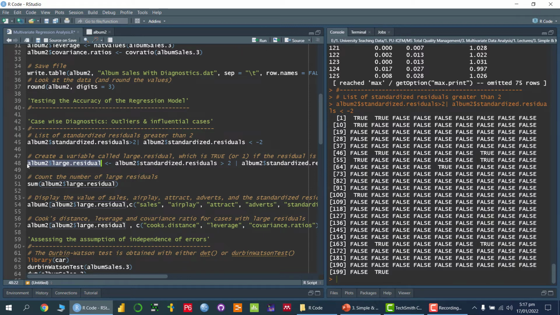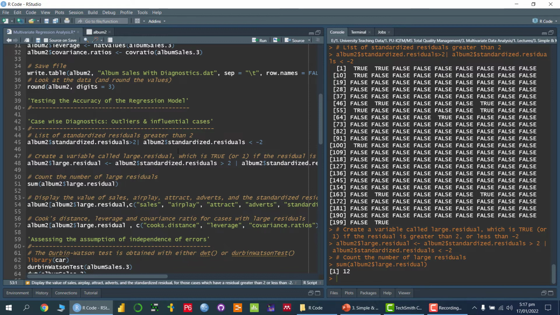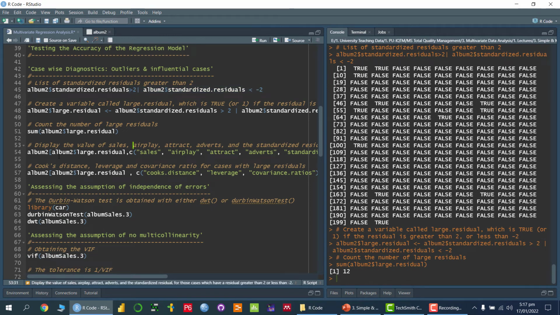Okay, so I'm going to run this command by storing the result in this variable in order to sum how many values are out of this range. So there are 12 values that are out of this particular range. And now what I am going to do is call the data